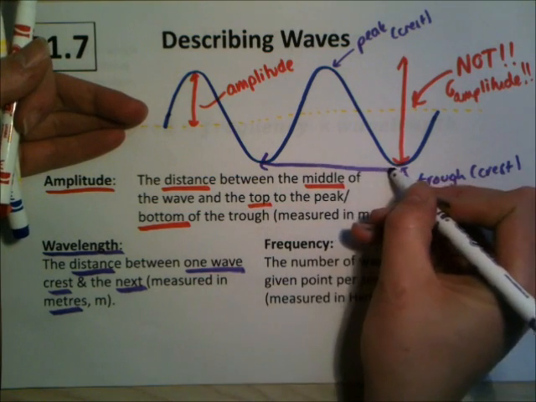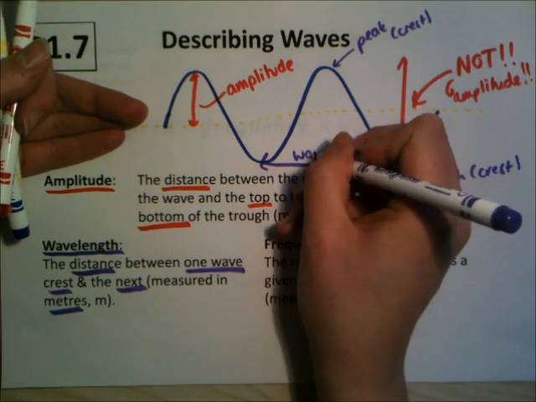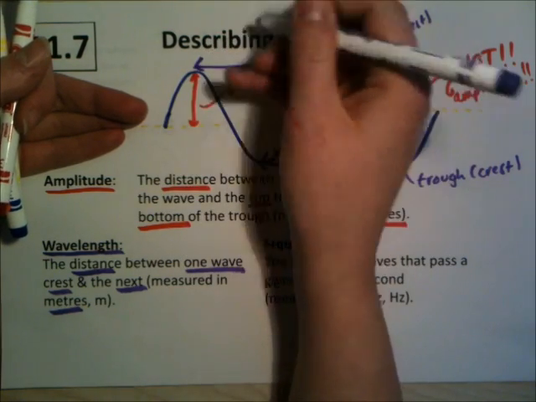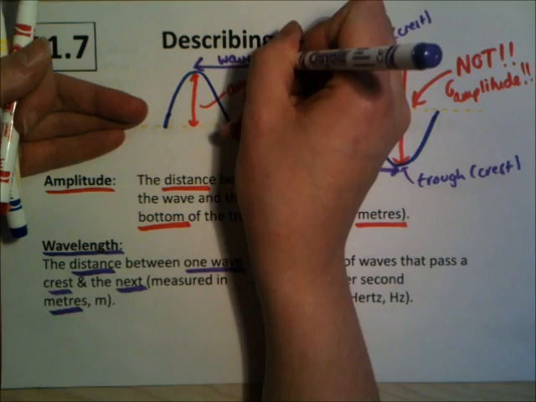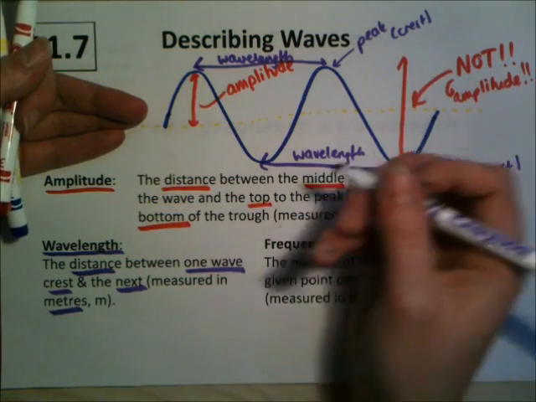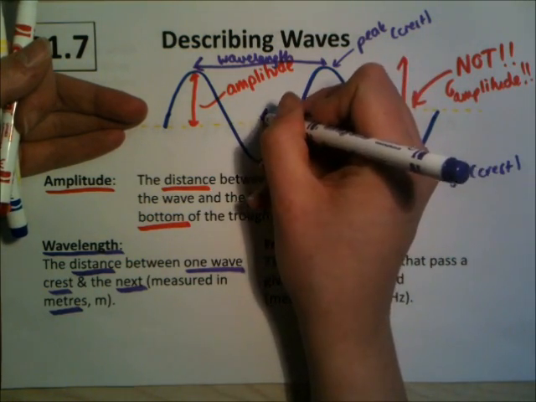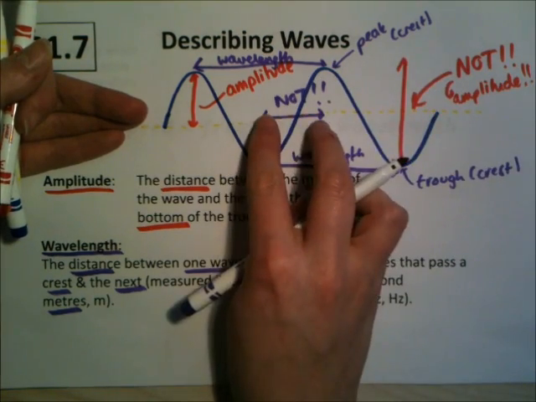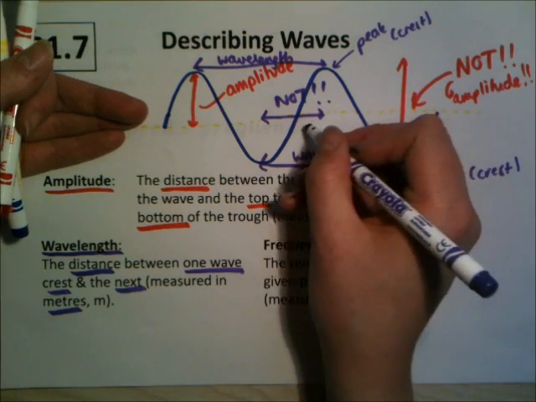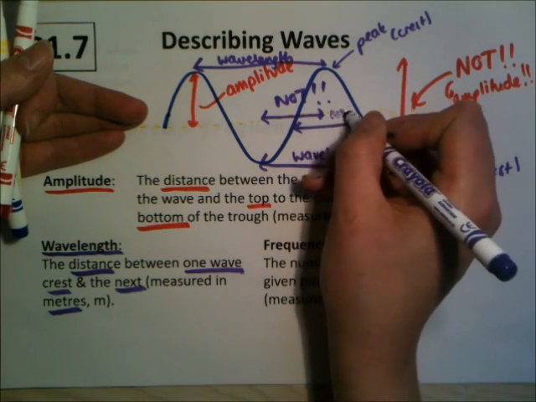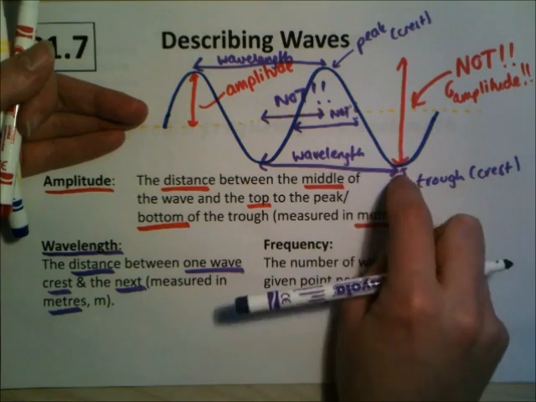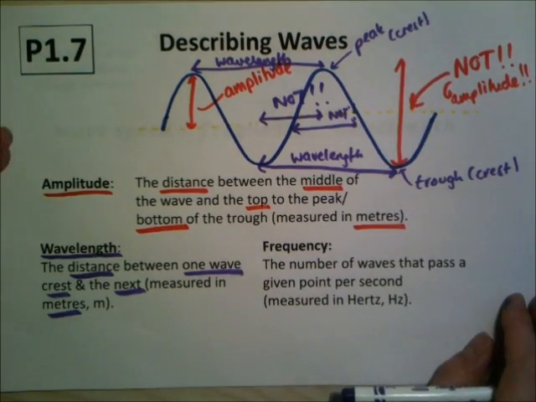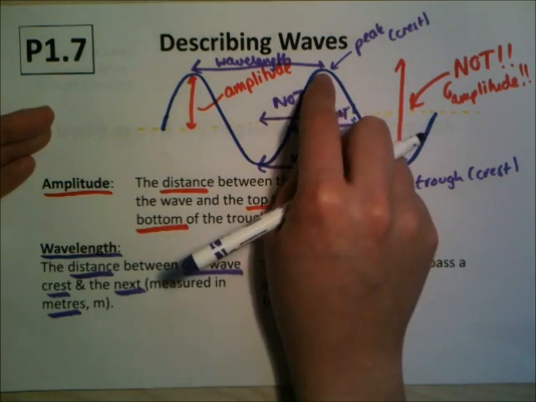So this is wavelength. Or this is wavelength. But it is not that, because that's half. Okay? It's not that. It has to be specifically from this point to this point. If you draw a line that's a little bit down, say from there to there, you will not get the mark. So the really important things to know: the wavelength is from there to there, the amplitude is from there